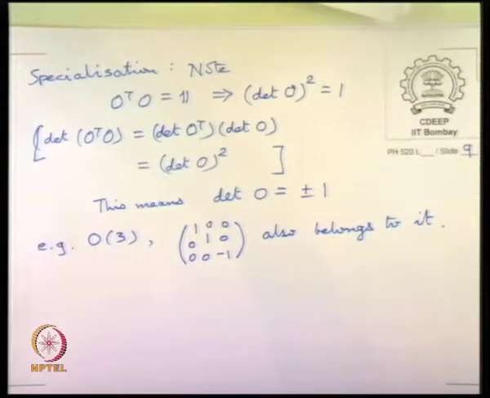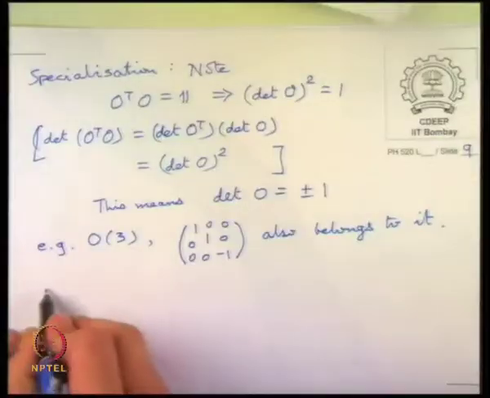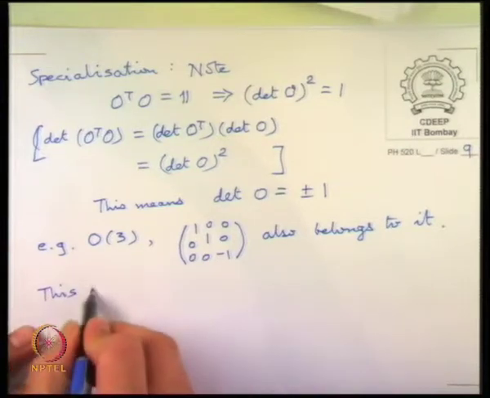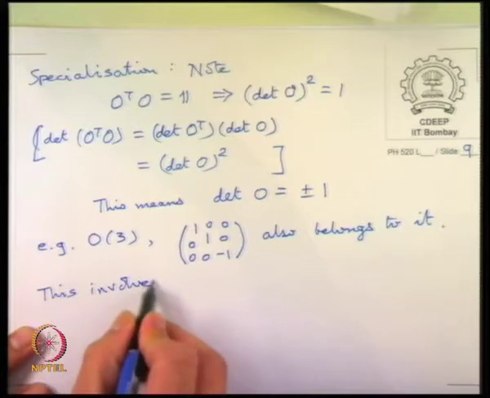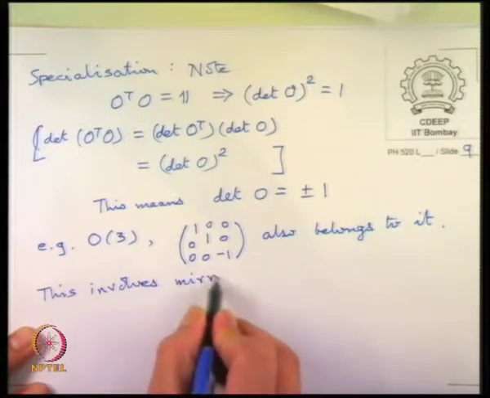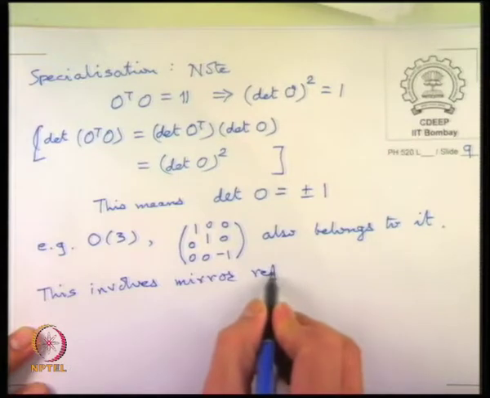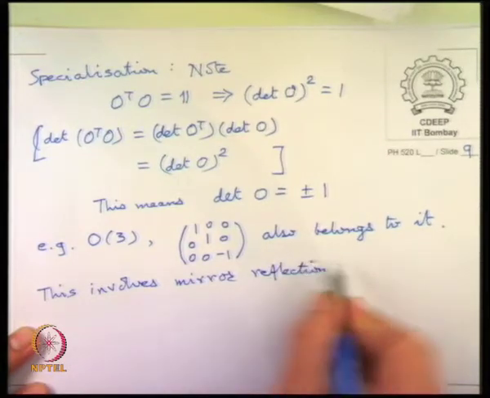But this is not a proper rotation, you have to flip the z axis. So this cannot be obtained by rotations that can be continuously reduced to identity. Okay, you cannot get this by any rotation of the xyz axis that can slowly be transformed back to identity. So this involves mirror reflection in xy plane